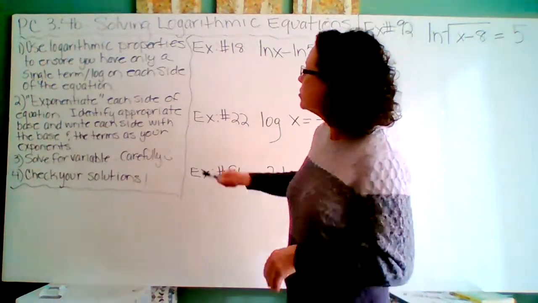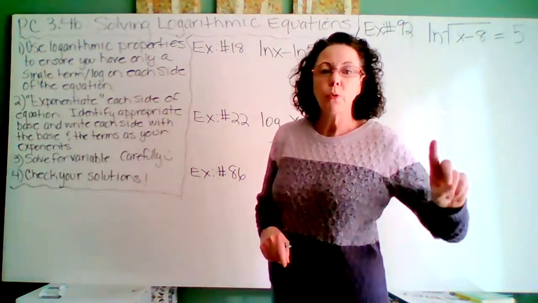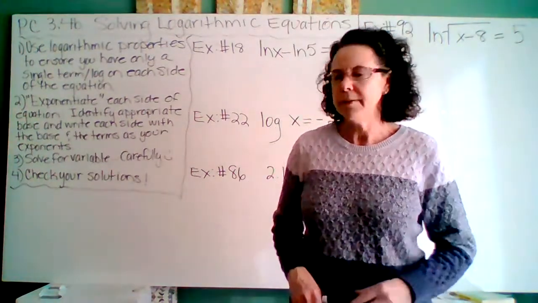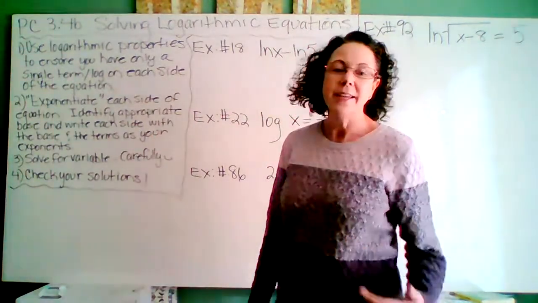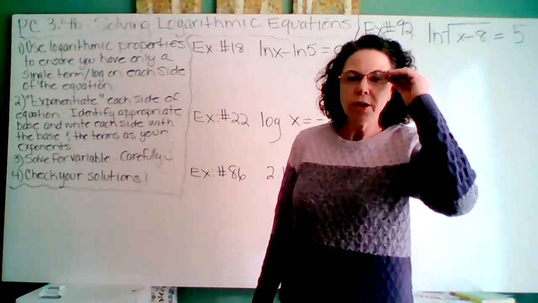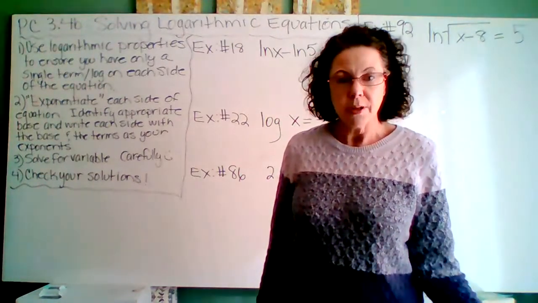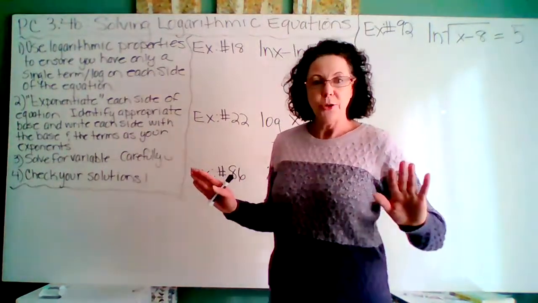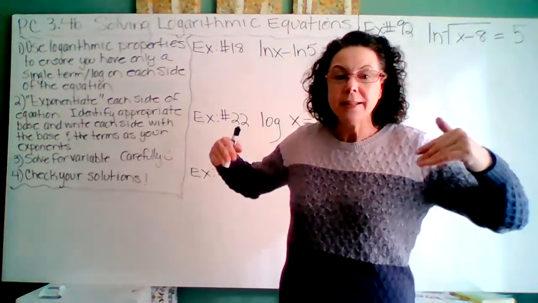Today we're going to use logarithmic properties first to ensure you have only one single term, or one log, on each side of the equation. So we may have to use some simplification. Then we're going to exponentiate each side of the equation. I think it's kind of a cool word. What this means is we are going to identify the base based on the logarithm that we have going on, and we are going to write that base on each side of the equation,